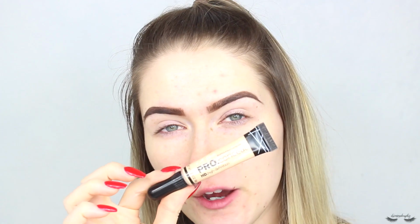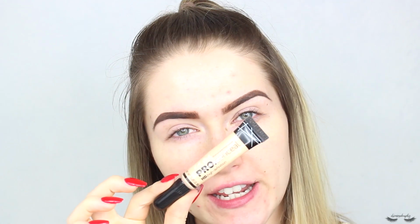Then to prime the lids and carve out the brows, I'm going to take the LA Girl Pro Conceal in the shade Porcelain. I'm just going to pop a little bit on my lids and then blend it out with an angled brush. Then I'm just going to use the angled brush to kind of carve out the brows and spread the product across